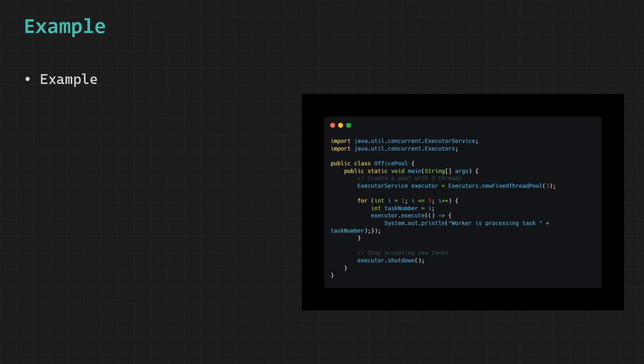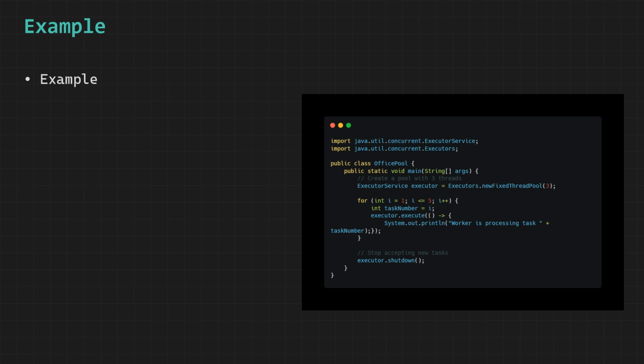We declare a local variable called taskNumber inside the loop and assign the current value of i to it, which is necessary because Lambda expressions in Java require variables to be effectively final, and taskNumber serves as that final copy of the loop variable. We call executor.execute and pass a Lambda expression to it, which submits a new task to the thread pool, and inside that Lambda we call System.out.println to print the message "Worker is processing task" followed by the current task number to the console.